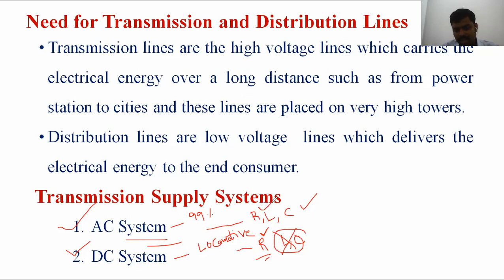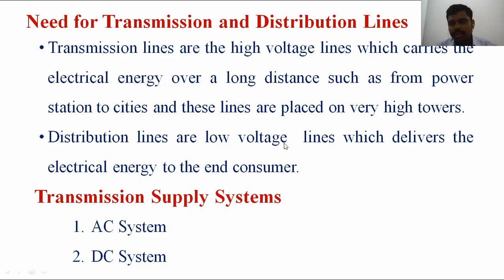But in the AC system, once the operating voltage is increased, the number of conductors required is also more. Due to that, the conductor weight is increased, and the supporting structure is also required to be of rugged construction. But in the AC system, we can step up and step down the voltage as per our requirement, and the AC substation cost is simple. But in DC, the step up and step down is very, very difficult, and the substation cost is also much more.